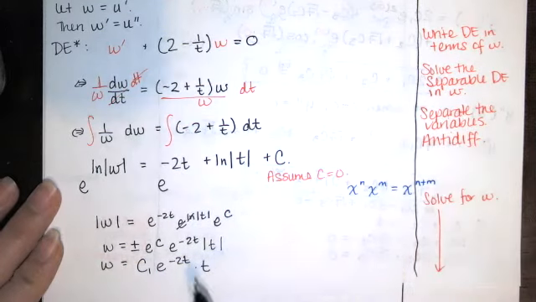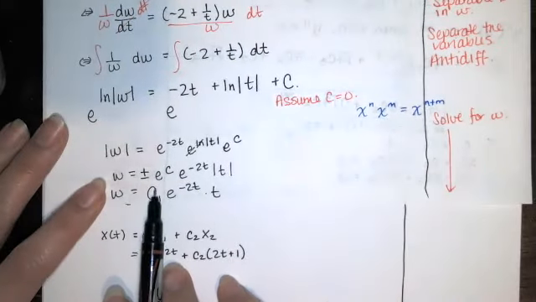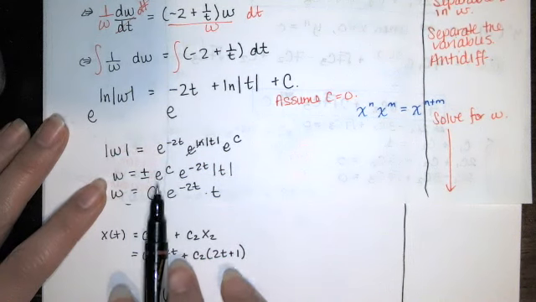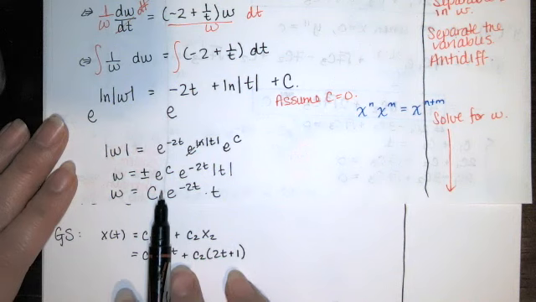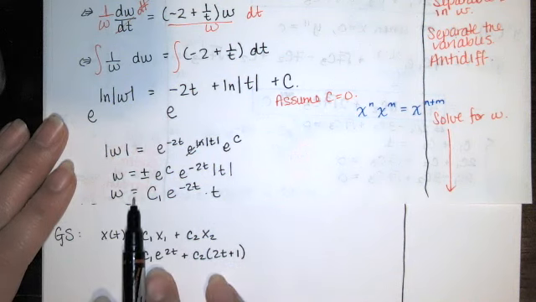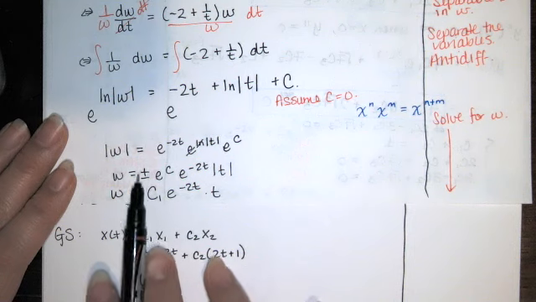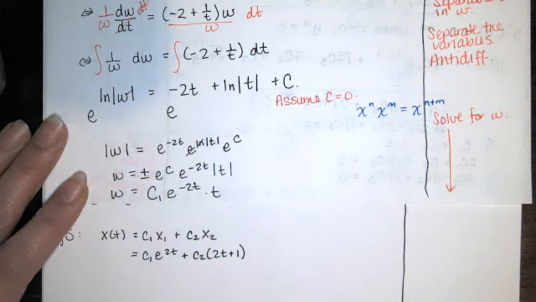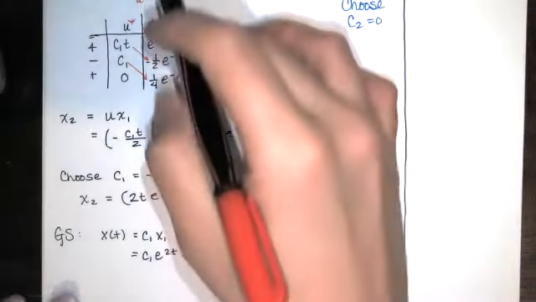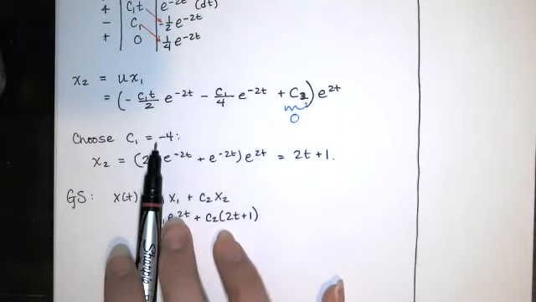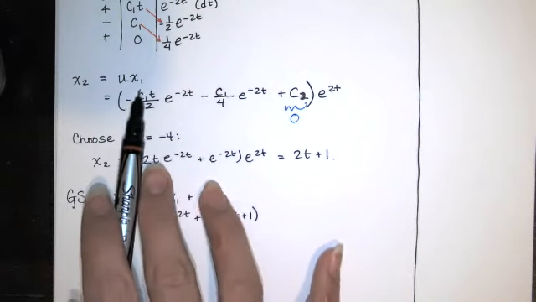If that c is 0, then that means this e to the c is equal to e to the 0, which is 1. And so we'd have plus or minus 1 times this for our w. And they're actually ignoring the plus or minus here. So they're just going to have c1 equals 1. And if c1 equals 1, rather than getting this solution, which comes from setting c1 equal to 4, we would get